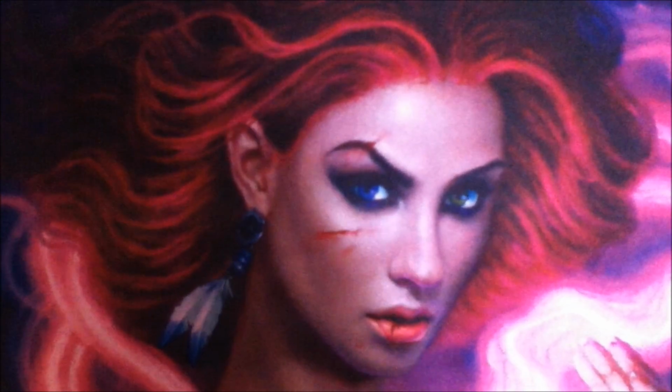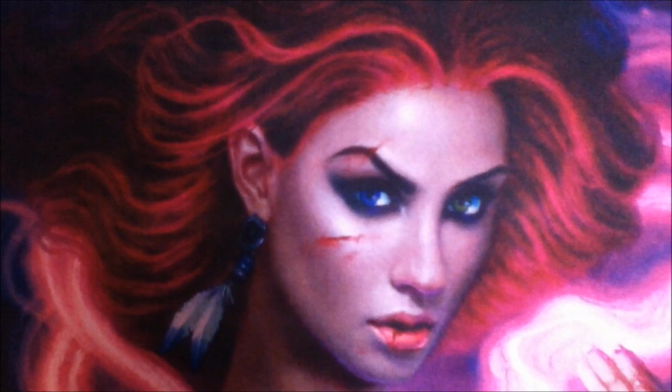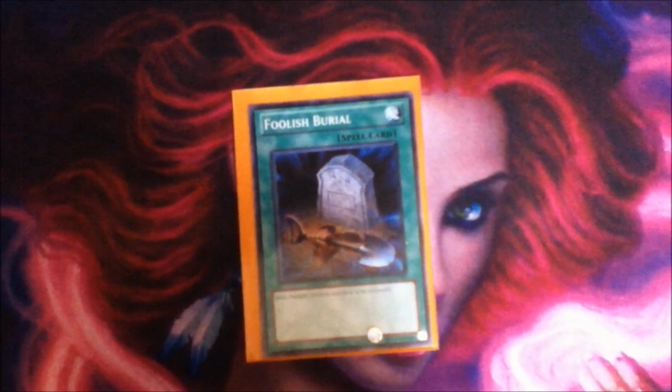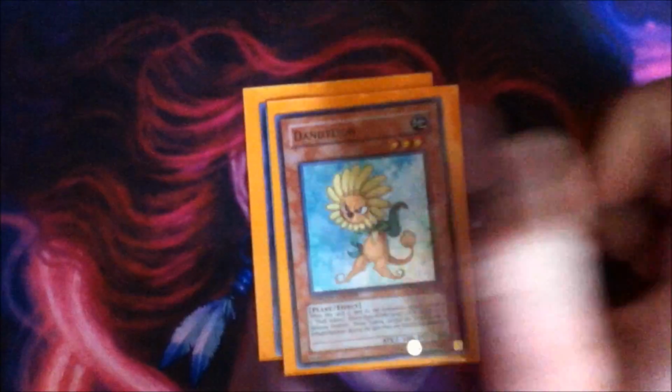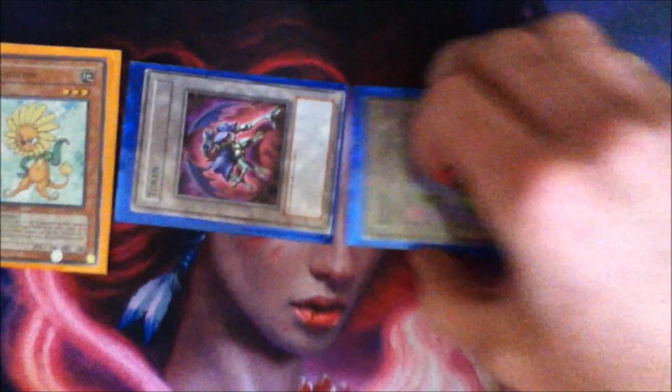A little bit more strategy behind the Foolish Burial is to, when you activate Foolish Burial, drop Dandelion into the graveyard. That gives you 2 tokens. You can put in attack, defense, whatever. While